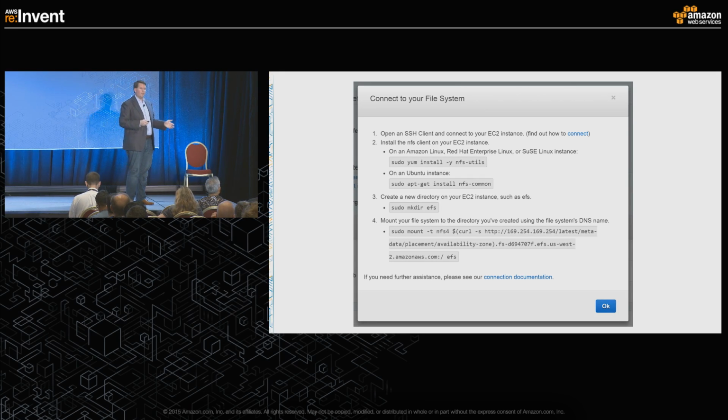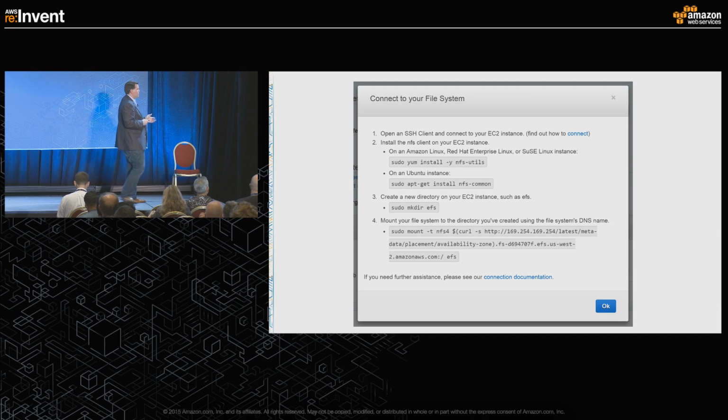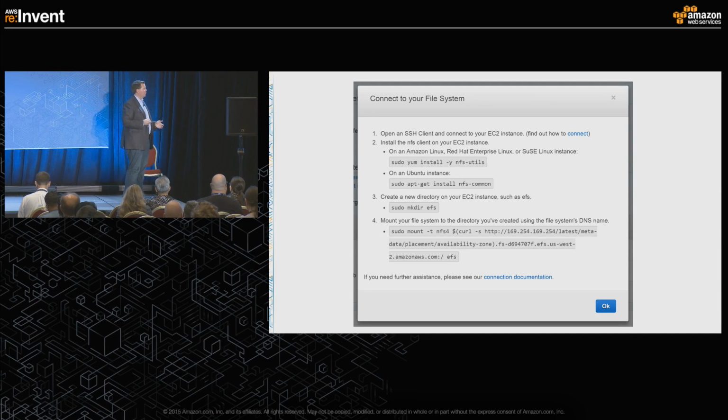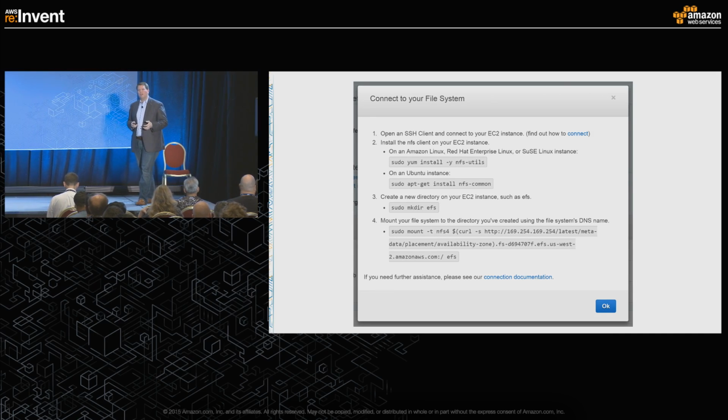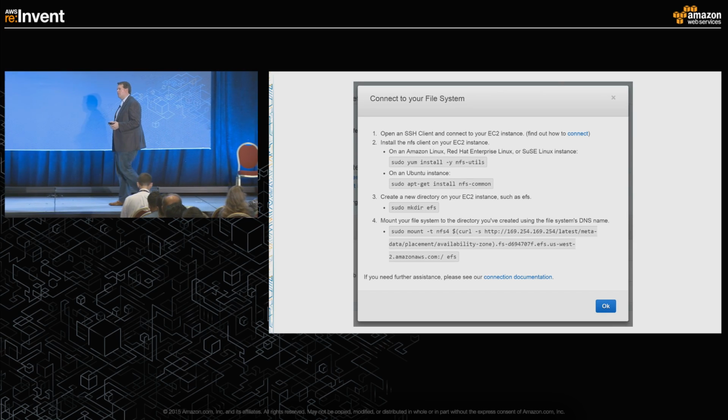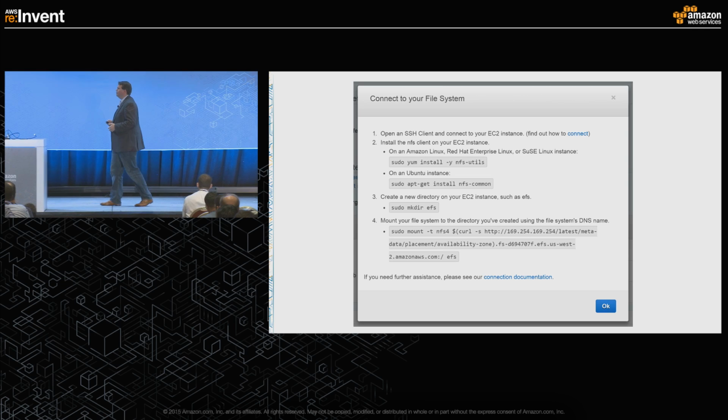So if you've never used the command line before, we make it very easy. We show you how to do the NFS package if it's not already installed on top of your EC2 instance, shows you how to go off and deploy that, and then shows you how to actually mount the file system. So we wanted to make this a very simple point-and-click experience for those that are comfortable managing a contemporary command line, but also for the new user to get started as well.